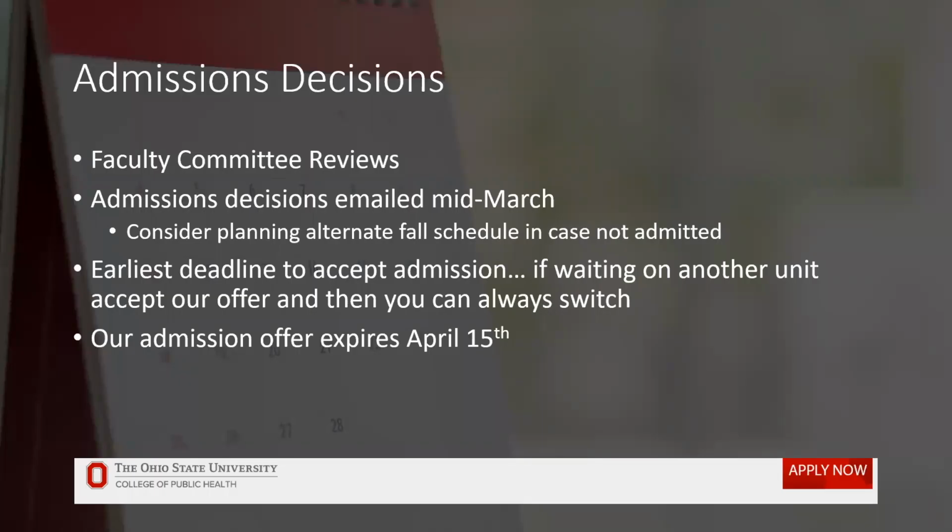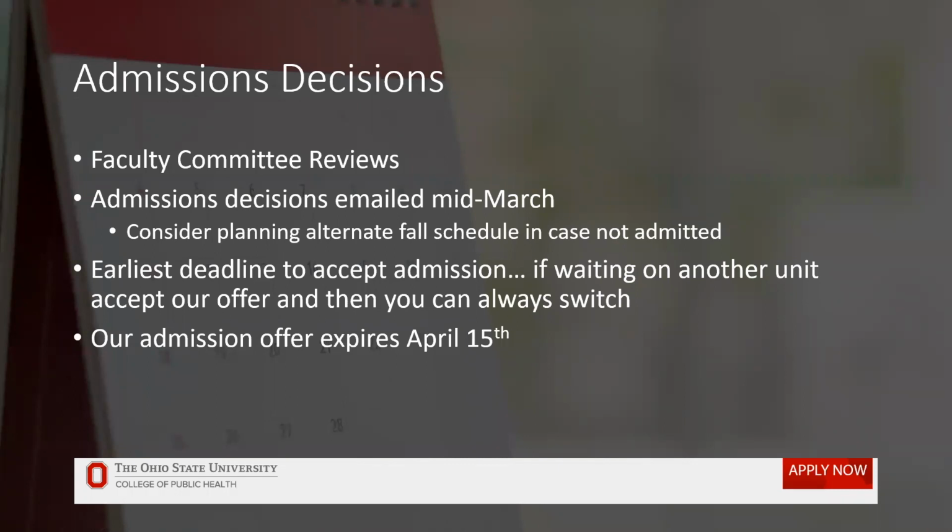With the admissions decisions, I already talked about some of this. Actually, I got a little bit ahead of myself, but we will be reviewing, and when I say we, again, it will be the faculty committee. We'll be reviewing applicants, and we will be doing those in batches. Our goal is to get decisions notified to you by mid-March so that you can get your schedule set up. And know too that it is a competitive admissions decision. You are going to be reviewed holistically.